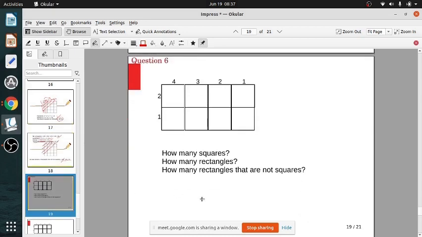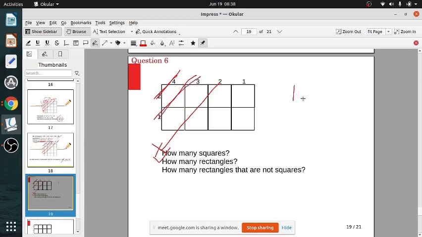Now, this is just as an exercise. How will you say how many rectangles, how many squares, and how many rectangles that are not squares? How will you find? First, how many squares? Tell me one by one. Sir, 11 squares. 11 squares. How will you do? 4 into 2 and 3 into 1. And afterwards you can't multiply, because there is no number left for 2. So you only do 4 into 2 and 3 into 1. You'll find 11 squares. Very good.